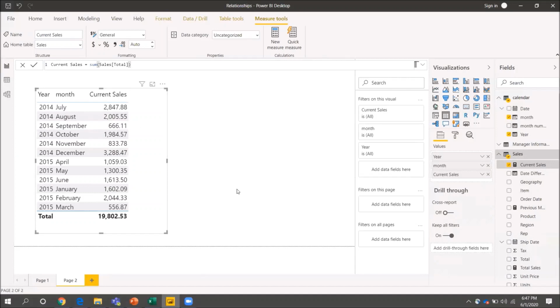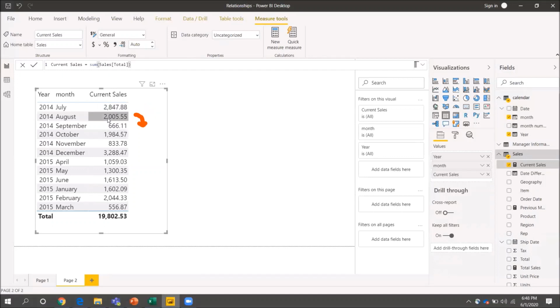Now, like I said, we want a fourth column also, which will tell me previous month sales. So if I add a new column, the first row will be blank because sale did not happen in the month of June 2014. All right, but from second row onwards, what I want is this number 2847 to be present over here.